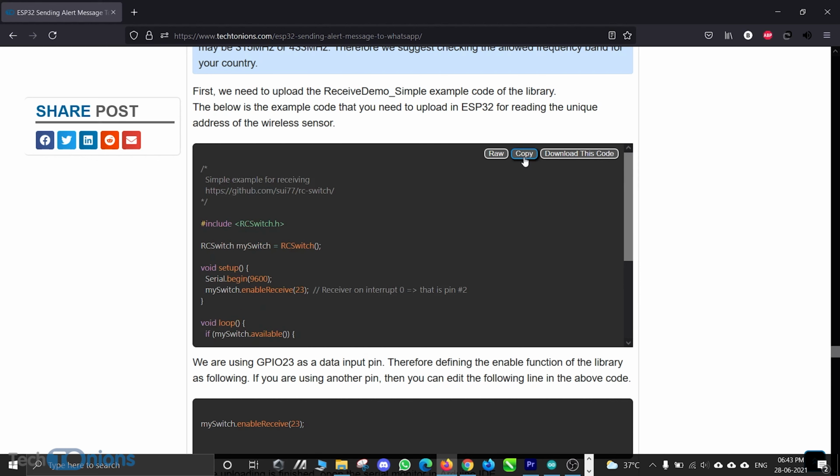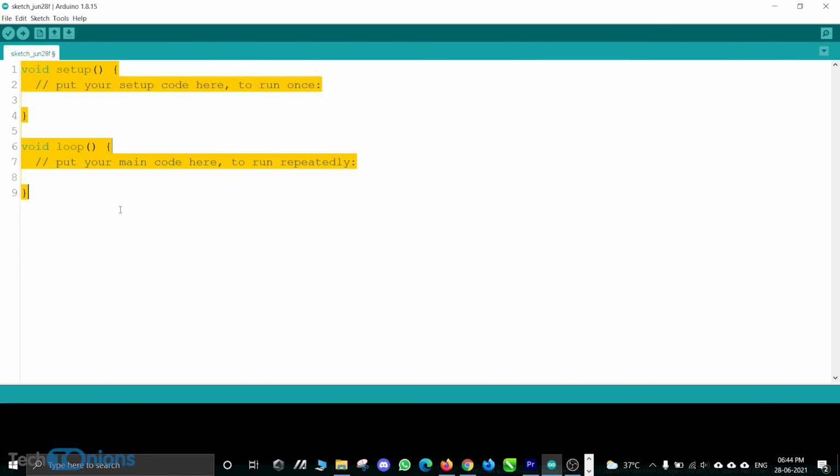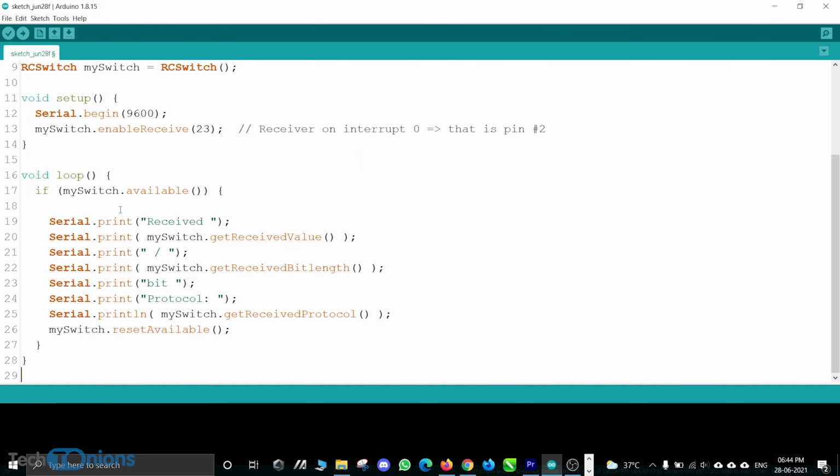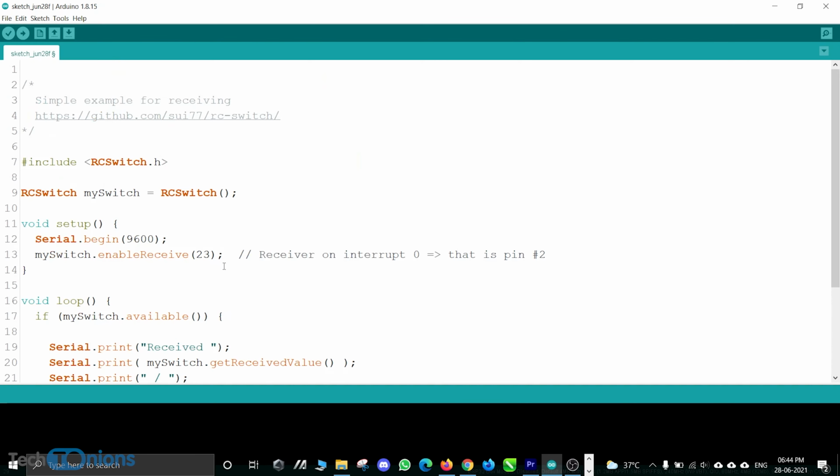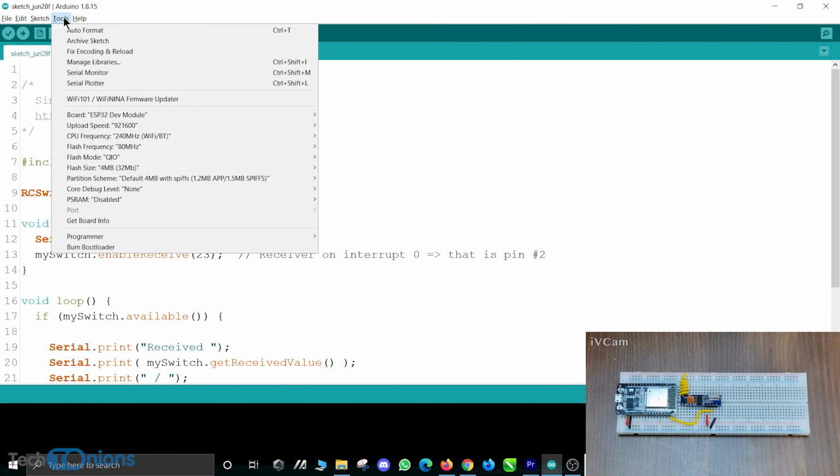So first we will copy this example code and paste it in our Arduino IDE. And if you are not using GPIO number 23, you need to change this in this line. So let's now plug in our ESP32.